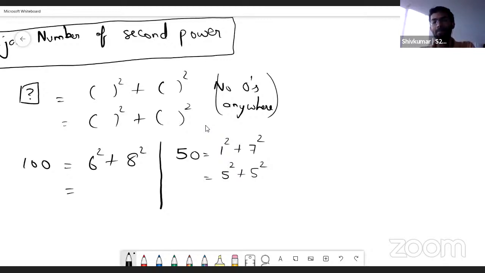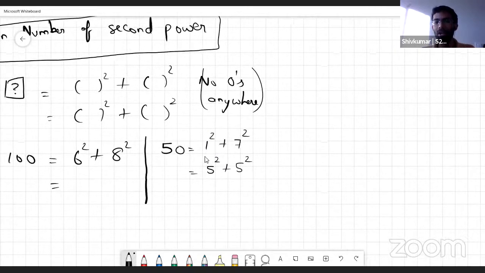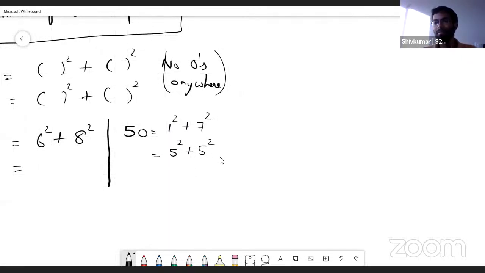Okay, so now the question which the teacher asked: is 1729 the only such number having this property, or are there more numbers beyond 1729 with this property? Now the same question can be asked for squares also. Is 50 the only number, or are there more numbers beyond 50? Because now squares are a little easy to handle, right? Any other example that you can find having this property?